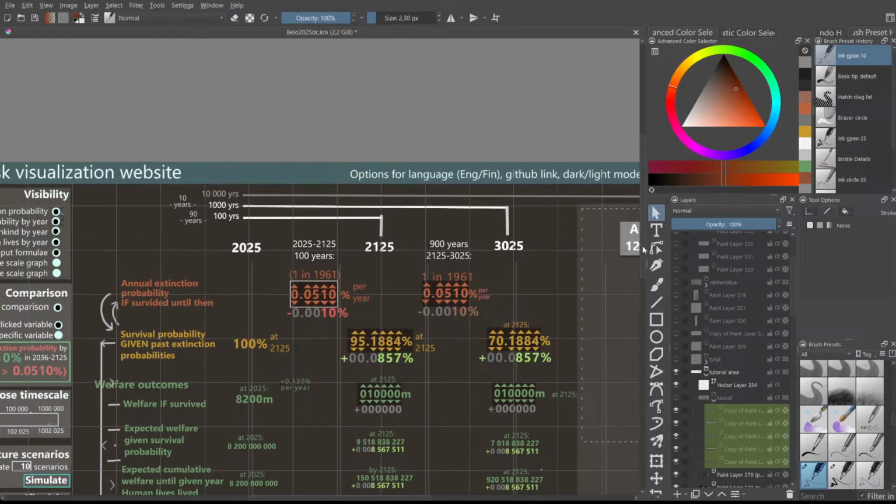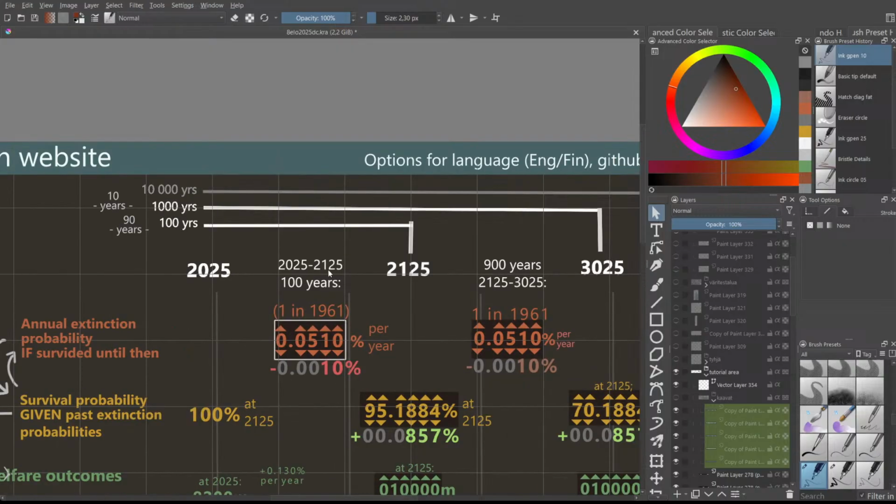Maybe it could be clean to have the 10-year one also. But maybe the 100 years as a first is nice in a sense that